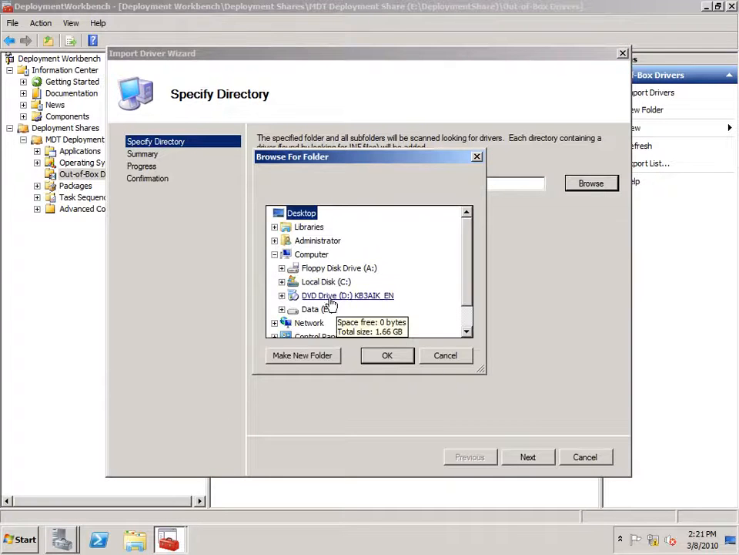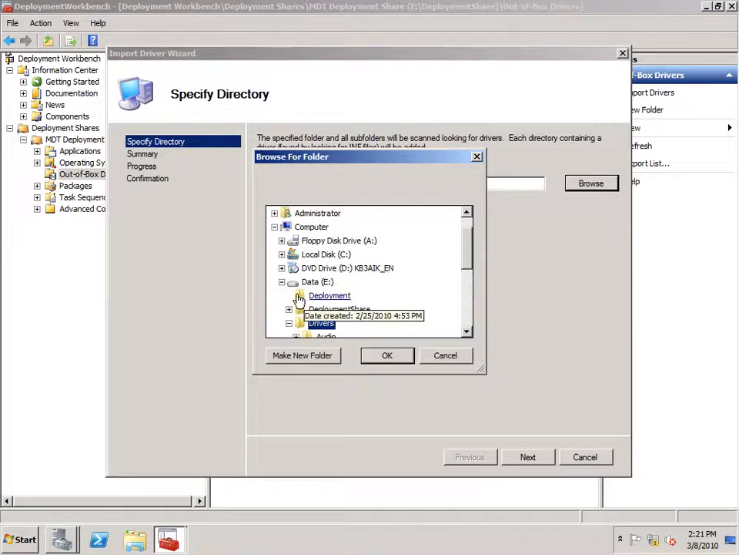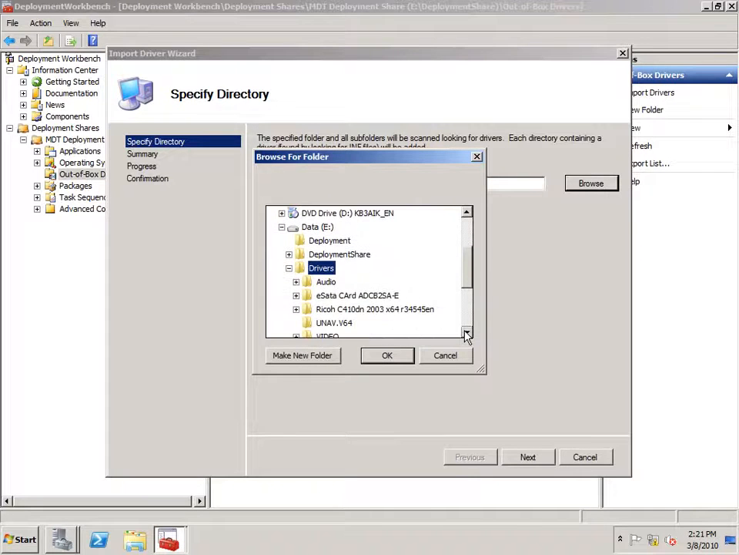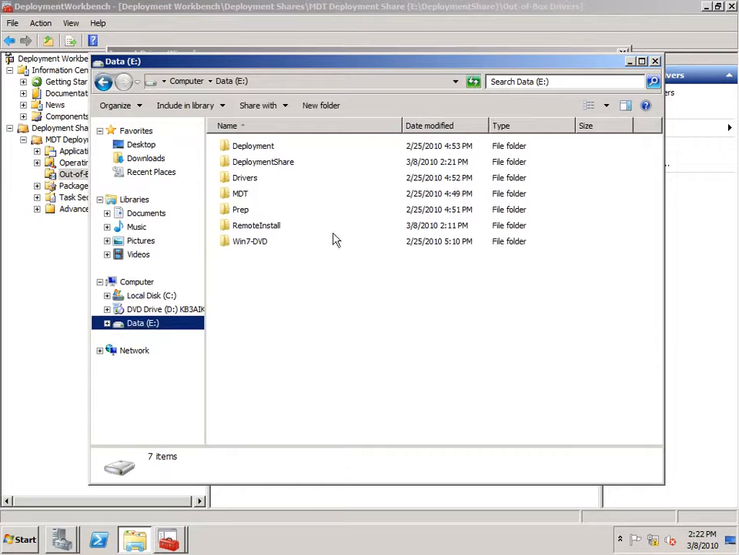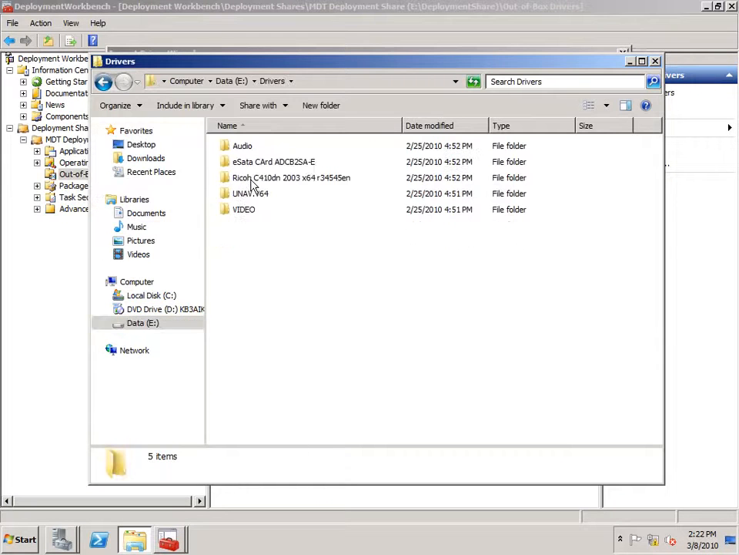Now these drivers that I have on my machine are basically just drivers that I've downloaded from the manufacturer, and I've put them into a drivers folder. And I've left the same structure that I've got from the individual manufacturers. If I browse to that location just to show you what it looks like, we're on the E drive in the drivers folder. You know, I have audio drivers, eSATA card drivers, Ricoh driver, which is a printer, video drivers,